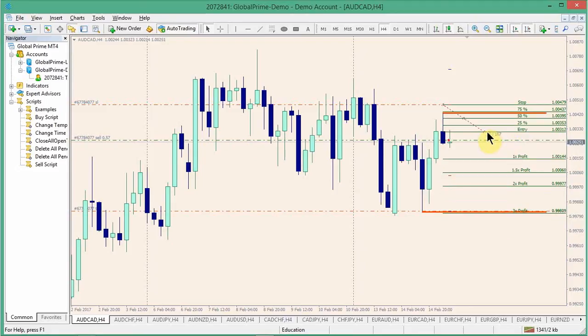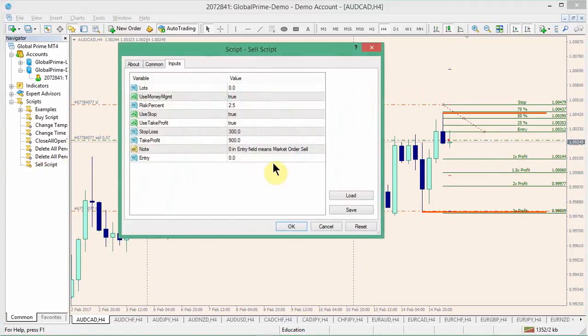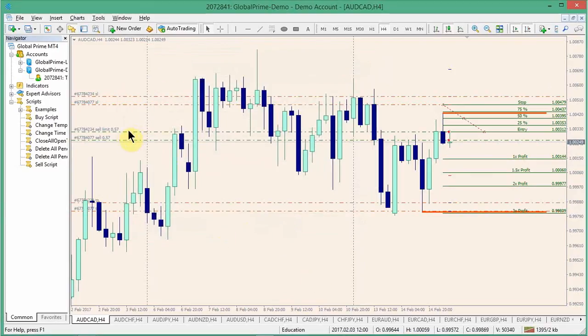Let's just say I'll put it up here firstly, just to show you what happens with the pending order. So I'll put the sell script in. I won't worry about setting it properly. I'll just put the entry in, that'll do. Oh, I can set it properly, can't I? Let's do it properly. Okay, what was it, 219 and 438. I shouldn't be lazy, should I? Okay, and now the new entry is 1.00312. So now when we put that in, see, it's automatically same lot size, but it set a